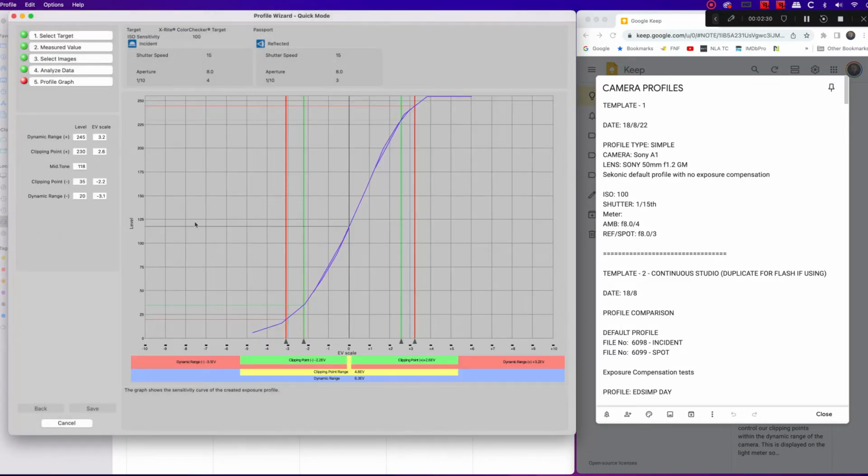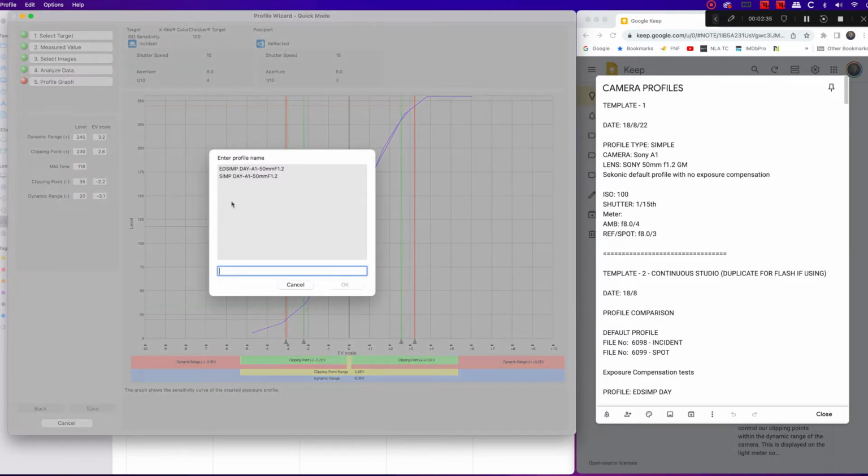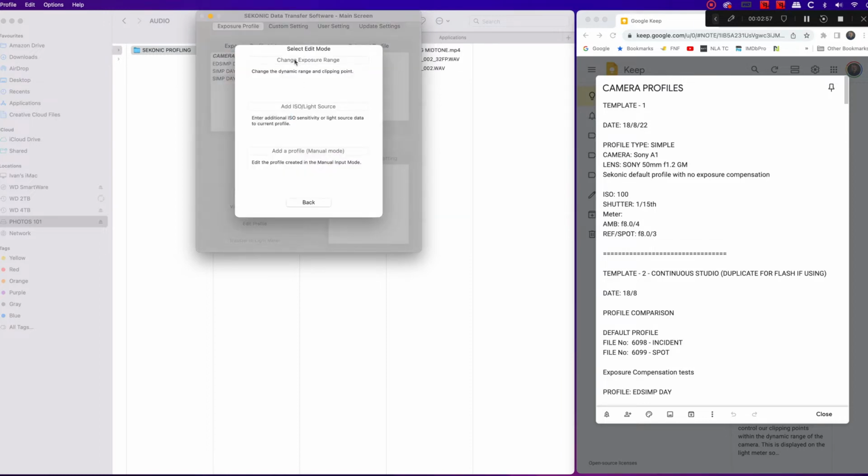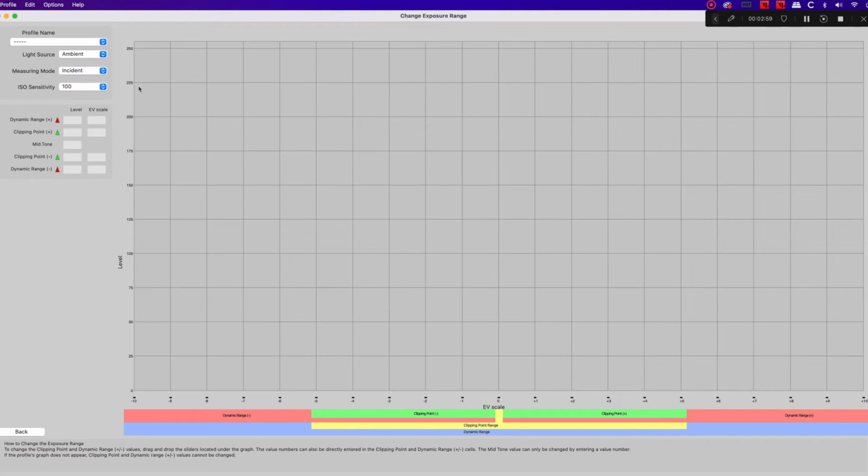There we go. Now we're going to save this first of all. I already have the profiles made, but we're going to do it again. I'm going to call this Simp Day Test. Okay. Now we're going to go in and edit that profile. So choose the profile and click Edit Profile, and we're going to change the exposure range. You need to choose the profile,